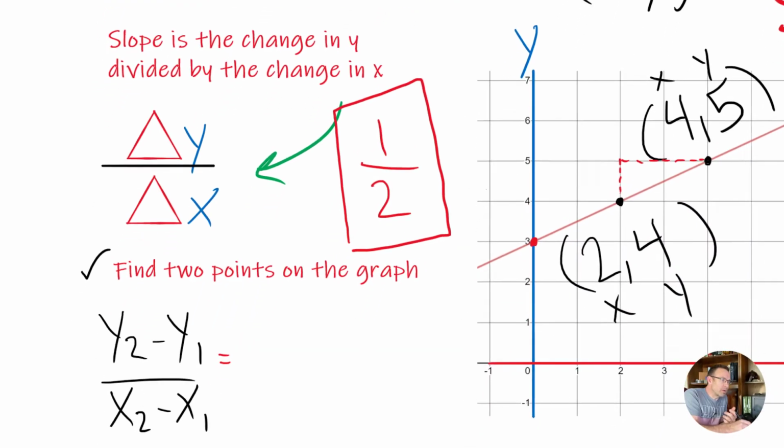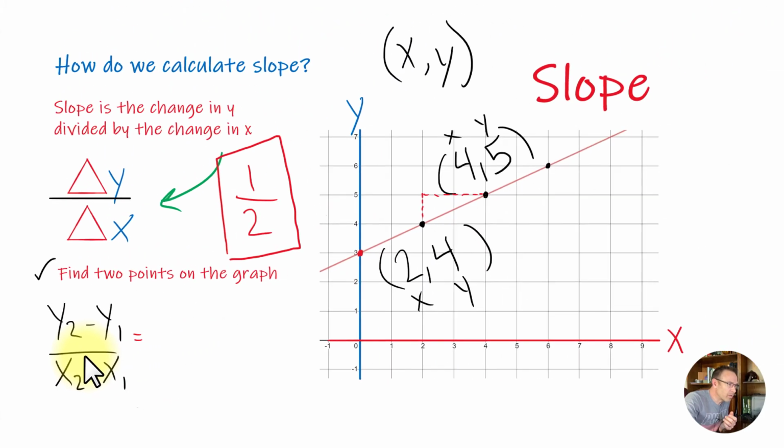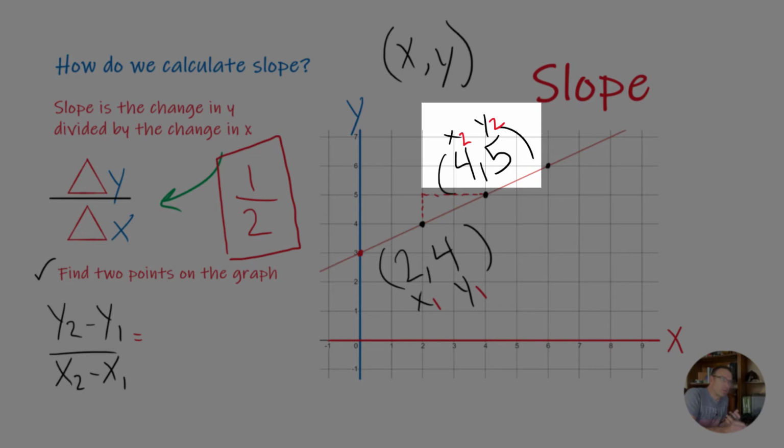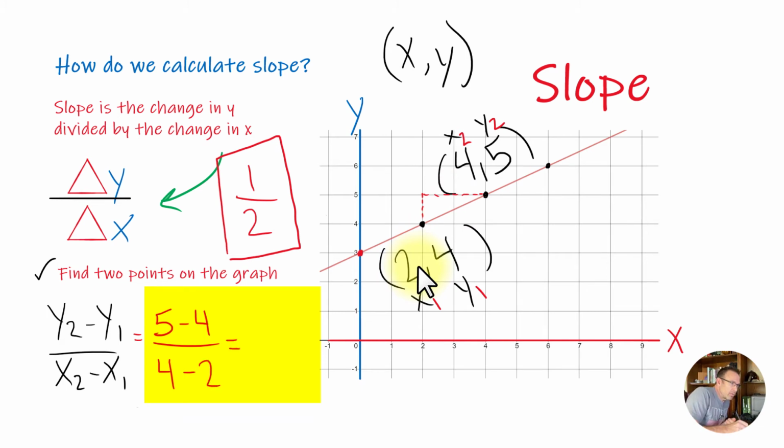So what's all this garbage down here? y2 minus y1 over x2 minus x1. What is all that? Well, we can label these points x1 and y1, x2 and y2. We can label those like that. Then we can just plug these points in. y2 is 5 and y1 is 4. x2 is 4 and x1 is 2. If we subtract those, we get 1 over 2, which is the same thing we got